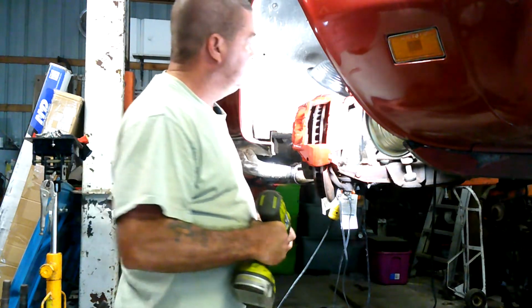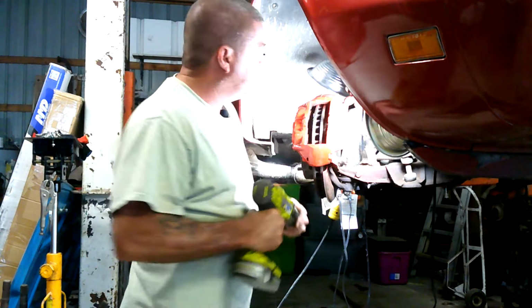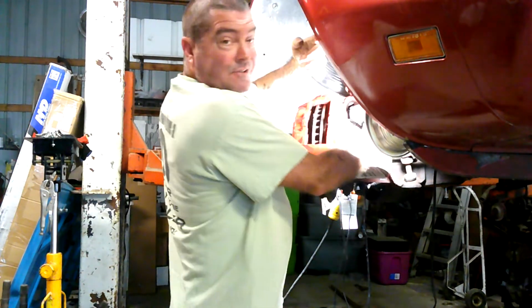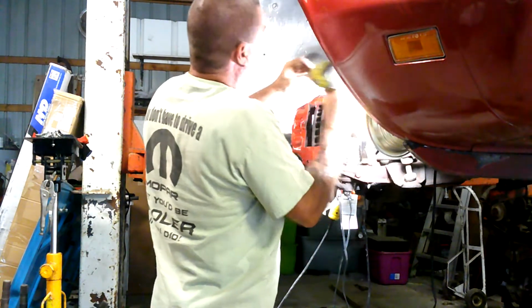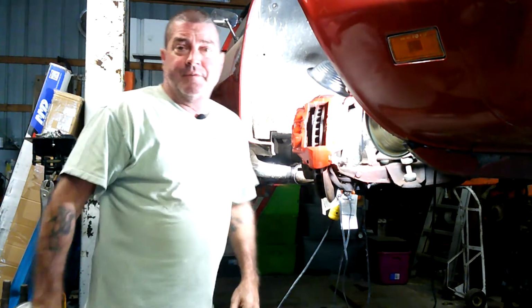It just makes life a little easier if you can get it in there, but don't worry if you just have a regular ratchet to work with, and that works just fine. So anyway, we're going to get this other one. Sorry about the lighting there. It looks a little bright, but there's a bolt there, I promise. And you just zing that baby off of there, set it up out of the way, and